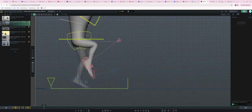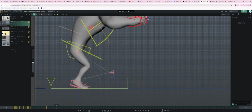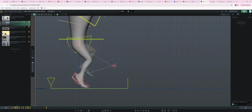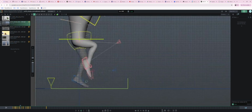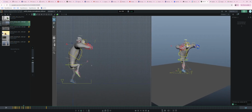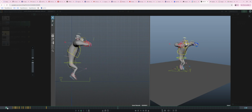So all that works, but I think maybe you're going up one frame too many and we need to start on the way down so the blue foot can catch and then we can throw it up on that one frame. You know what I mean? This part, the feet and the center of gravity are working a little independently from each other, and I'm feeling that. I think it makes it feel a little bit floaty. The jump forward